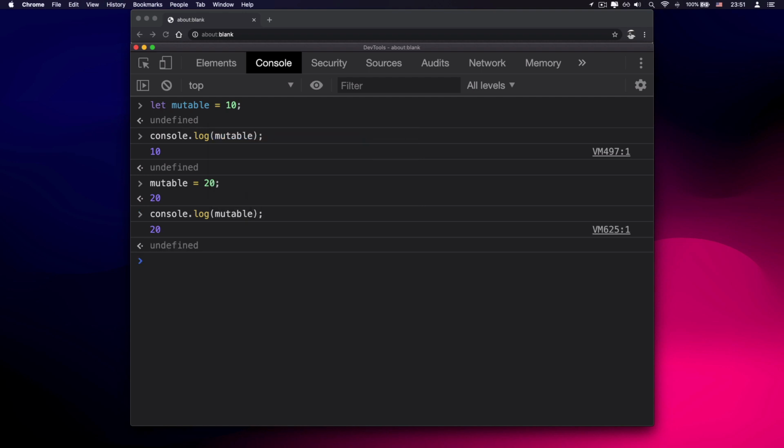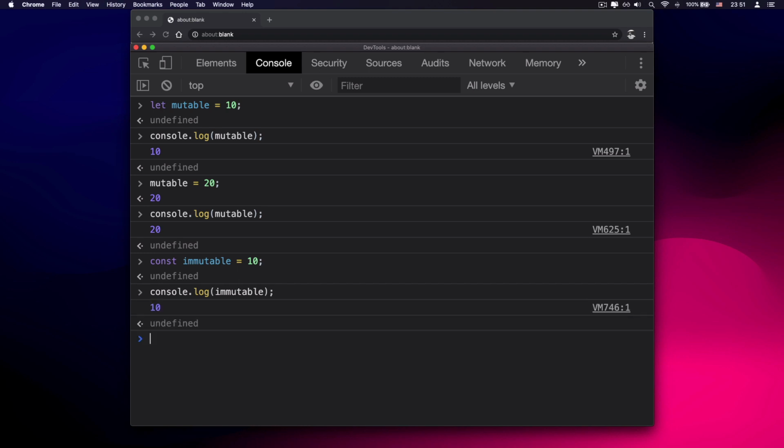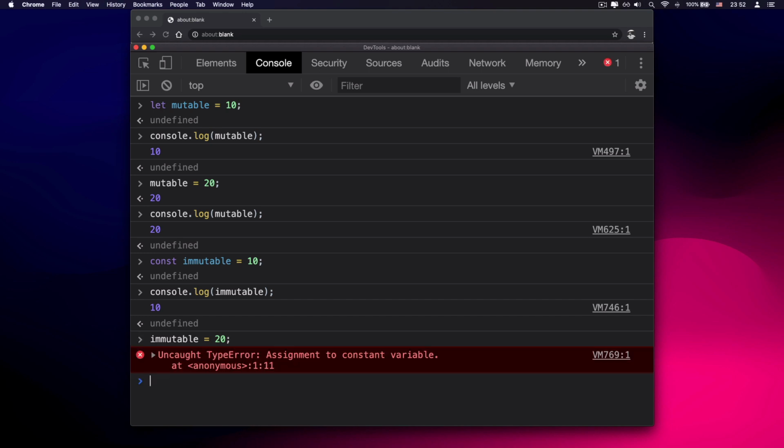Now let's try the same thing we just did with the let keyword, this time with const. The variable will be named immutable, which means unchanged or constant, and I'm going to assign the same number 10 as a primitive value. Print out the immutable variable, and the output is 10. So here is the difference. What if we reassign its value? Now we can try to set 20, as we just did before with the let keyword instead of 10. As you can see, reassigning a constant value will cause an error,